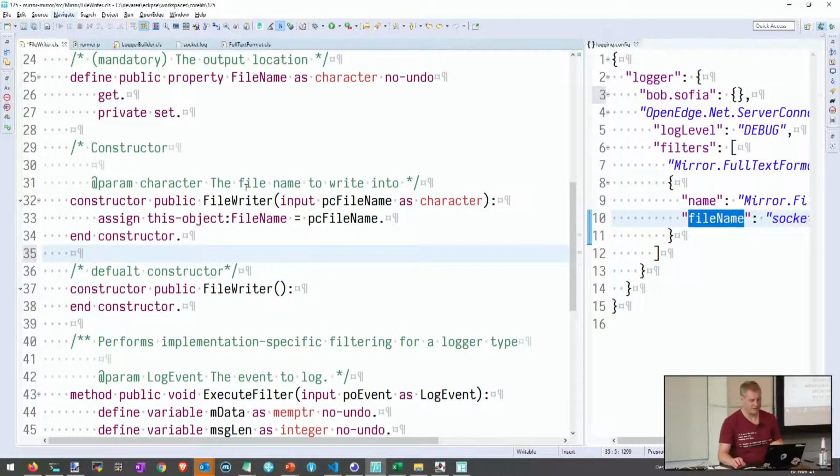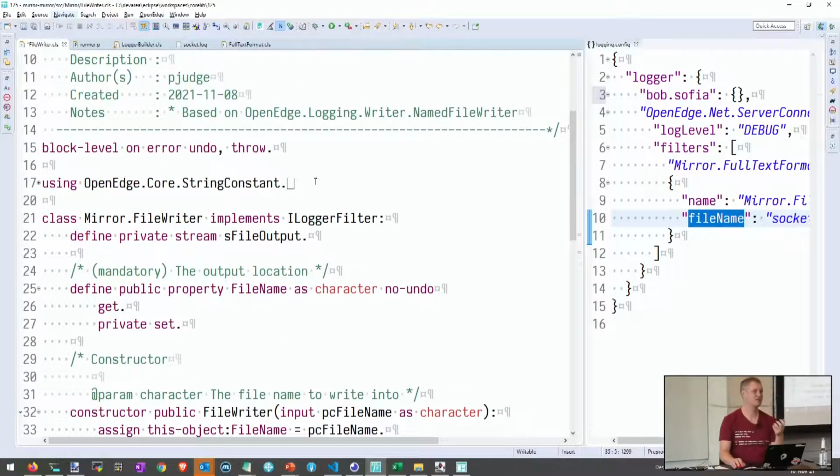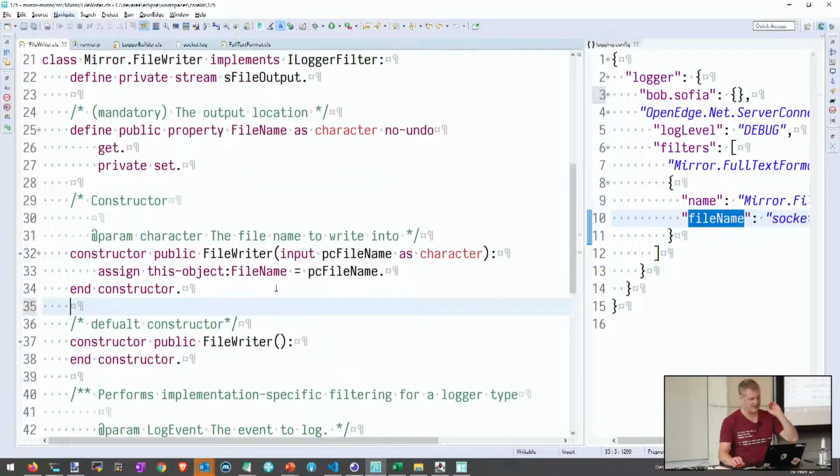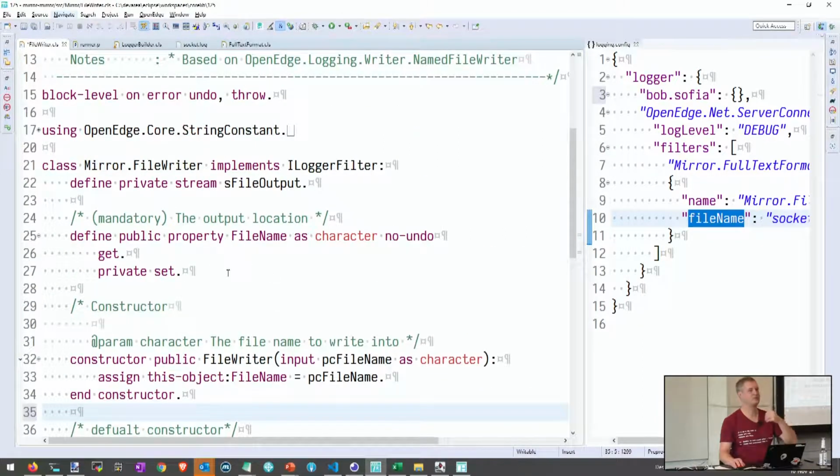I know it's bad. And then the other thing we have to do, if we want to be able to set values, right? The reason why we had that file name parameter in the constructor was that we could guarantee it would be set. Because we knew there was one constructor, it took the file name, and it would always be set, because there's no other way to instantiate this class. Now we can have a default constructor, and so in order to set the value, we've got to remove this private setter here. So now we've said this is just a default private set, which is cool.